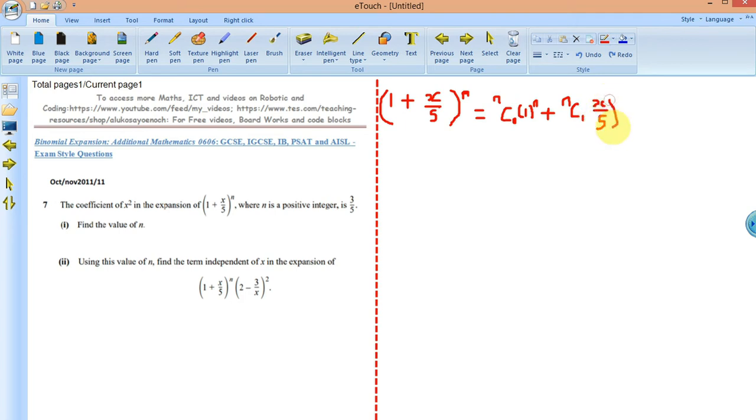Hope that is clear. Plus n combination 2, then x over 5 all raised to power 2. With this one here, I have the coefficient of x squared. So the coefficient of x squared will be 1 over 5 squared, something like that. So I have that already. Hope that is clear. So now we are told that the coefficient of x squared is equal to 3 over